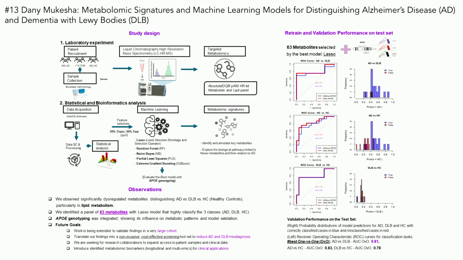of a disease. So in this research, I focused on identifying new biomarkers in metabolomics, and I was able to use machine learning and different models to identify up to 67 metabolites that can accurately differentiate between Alzheimer's disease and Lewy bodies, which are the most predominant type of dementia.